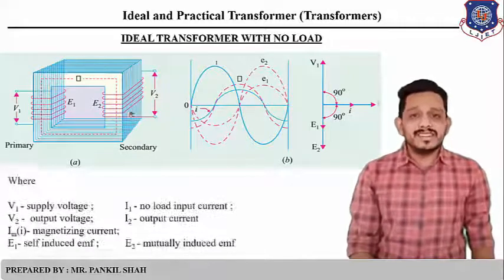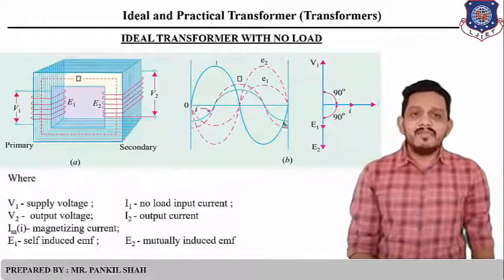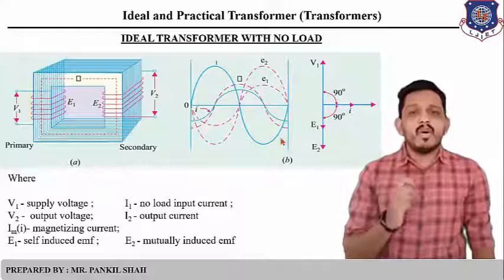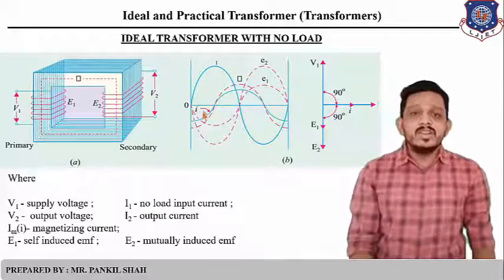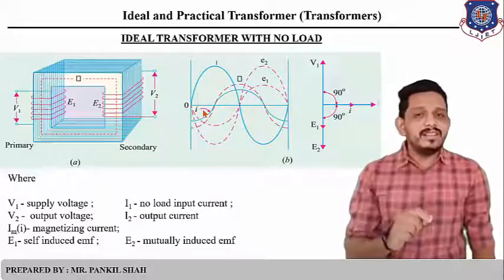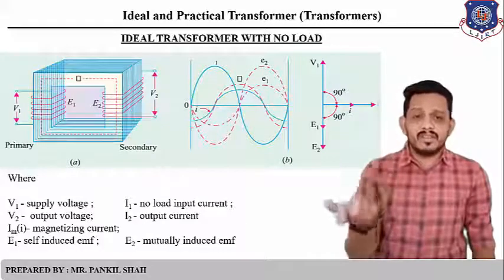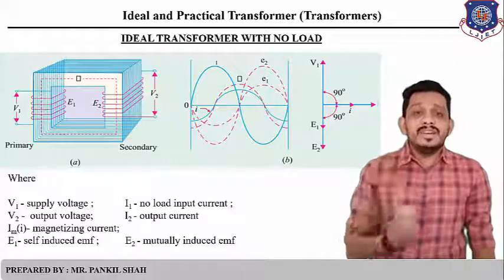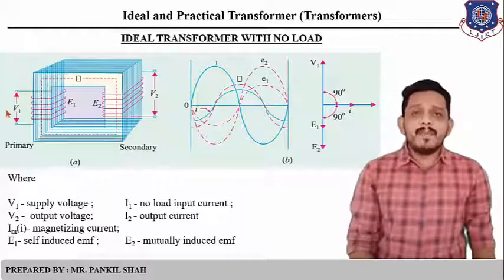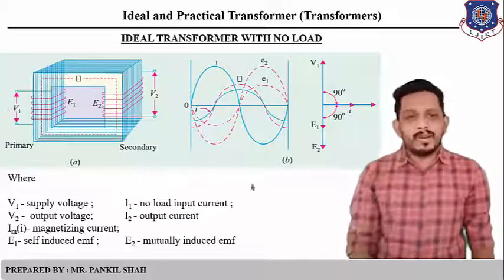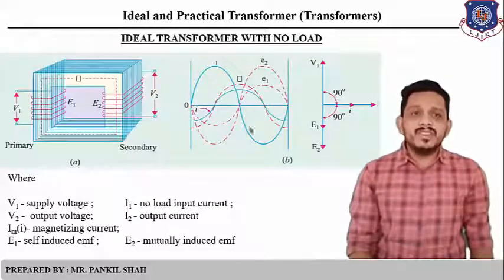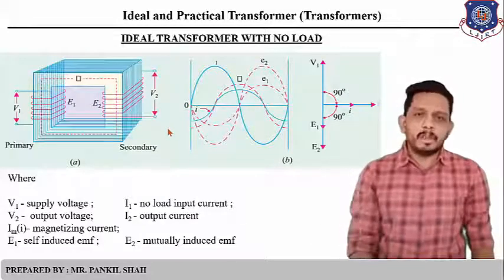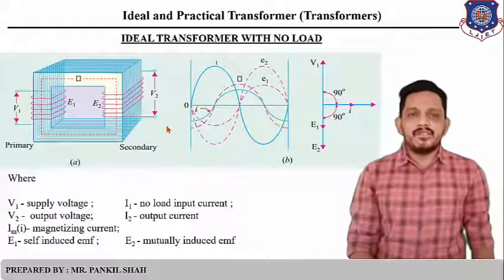Now you can see this diagram. In this diagram, we have drawn a waveform of time versus current, or you can say angle versus current. First of all, we start drawing the waveform of the quantity which we applied first. We applied the V1 voltage to the primary winding first. So V1 is taken as a base, and you can see that from 0 to 2 pi we have drawn the waveform of the V1 voltage. V1 is taken as a reference.